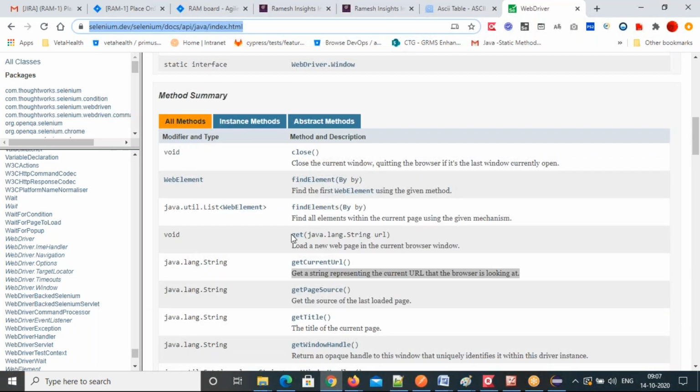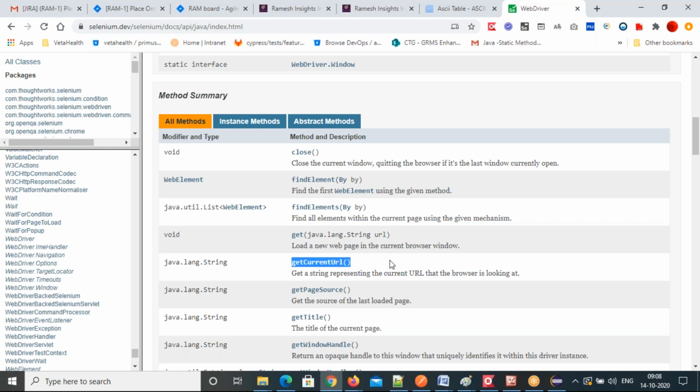For opening a URL, you just open the browser, and to open the URL in that browser you call the get method. But to get what URL is there on the address bar, you call the getCurrentUrl method.